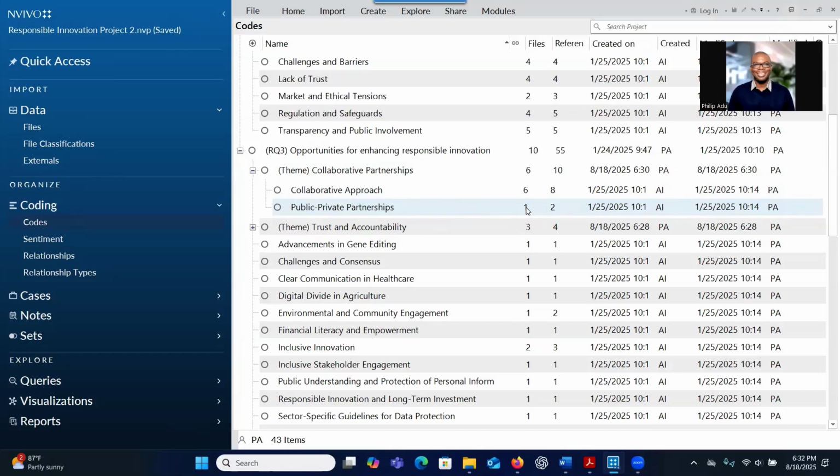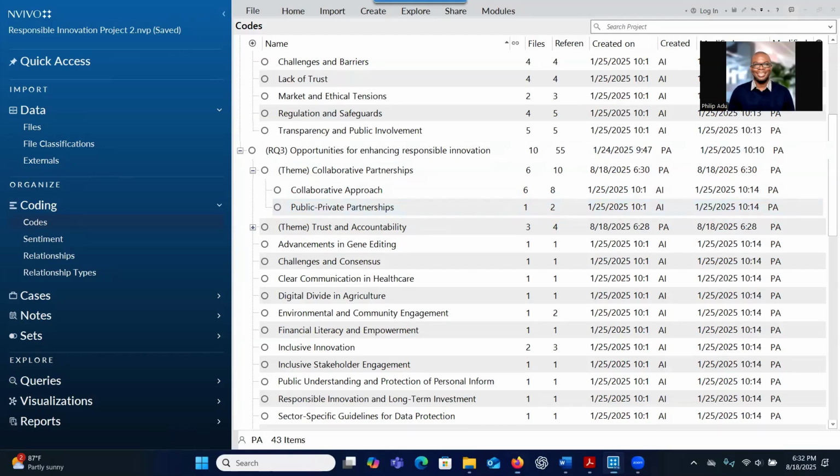So let's say information was extracted and connected to this file for this code, and the same file, information was extracted and connected to this code. When you are aggregating, you don't say two, right? Because that information is from one file. So a file is counted once, but for